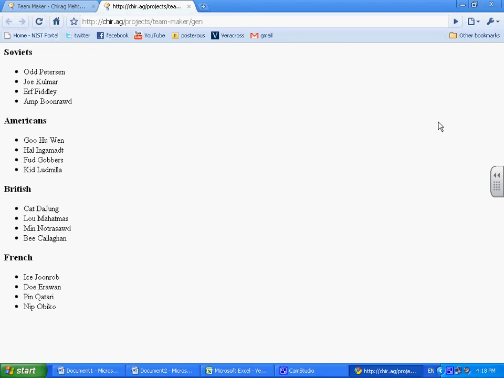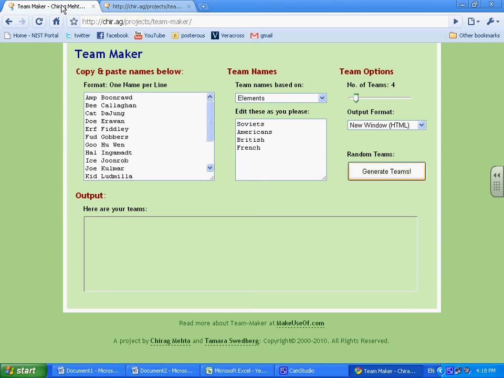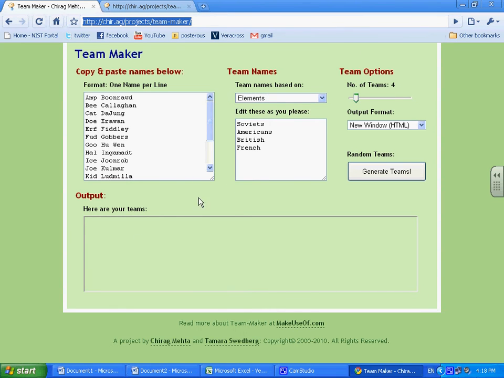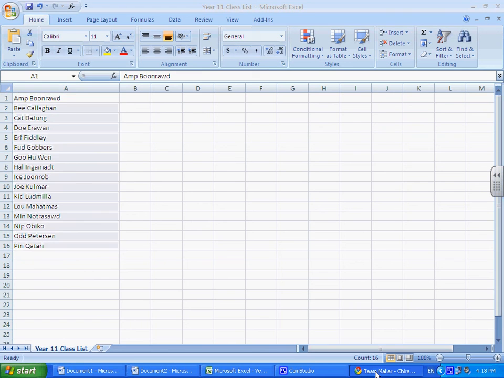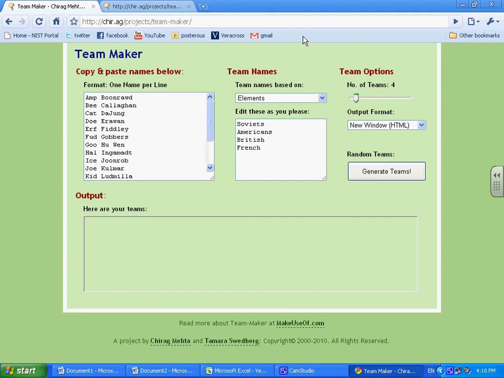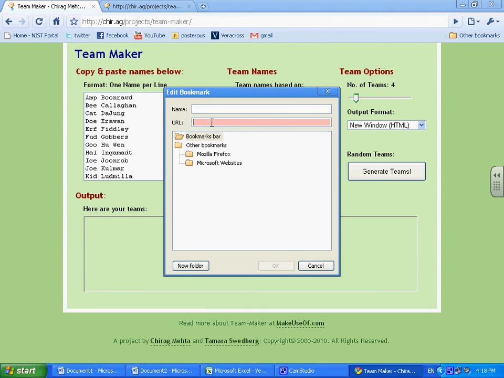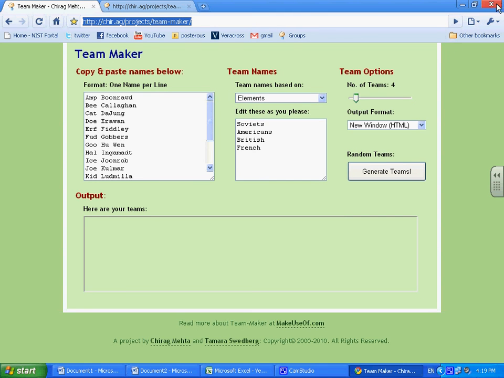Okay, so let's just remember that this is the URL. I'm going to copy this URL, and when I go back to my browser, here I am. I'm going to right click in the bookmark toolbar. I'll add a page. I will paste in the name of the URL. I'll call it groups, and that's okay. When I close Chrome now,